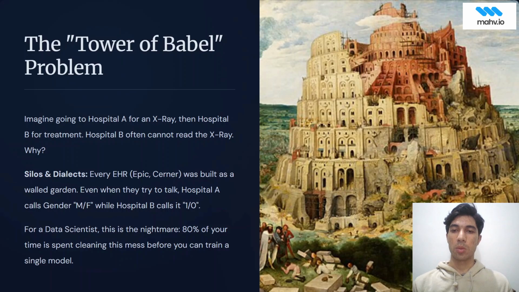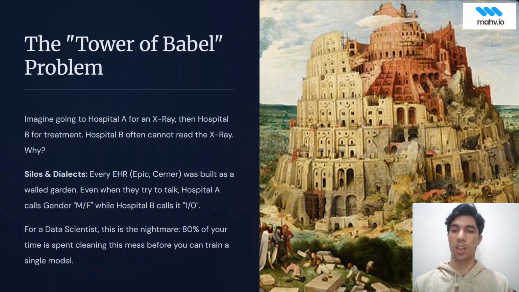For example, hospital A will use different codes for gender like M/F, while hospital B might be using different codes for them, and this creates a headache for